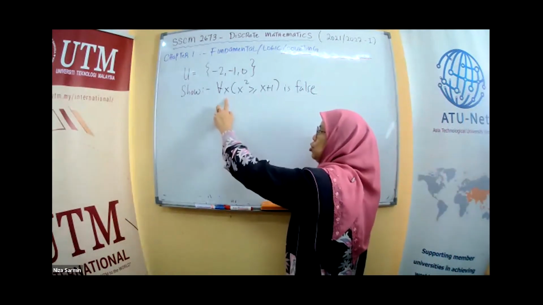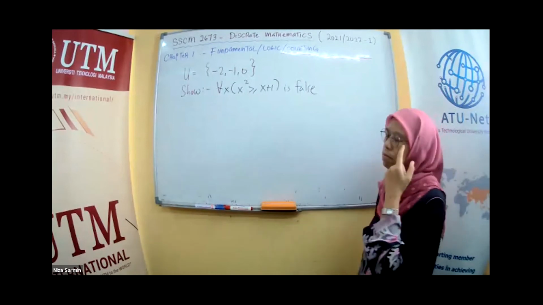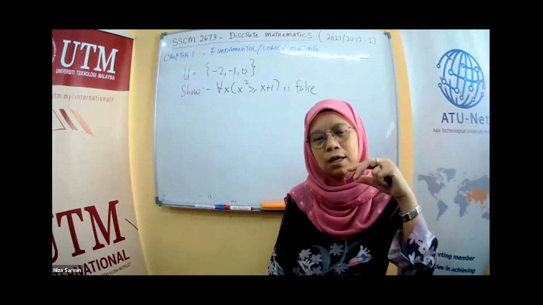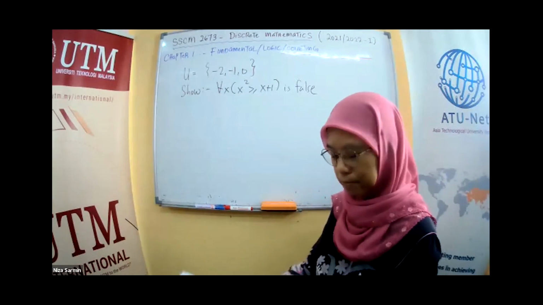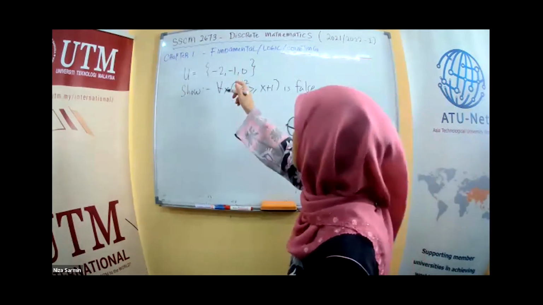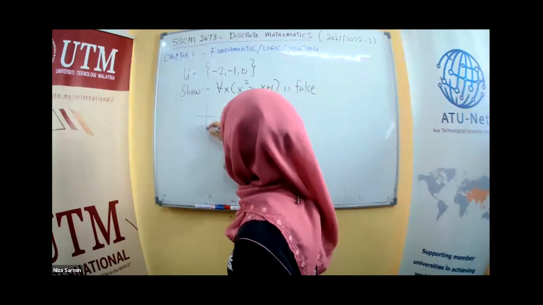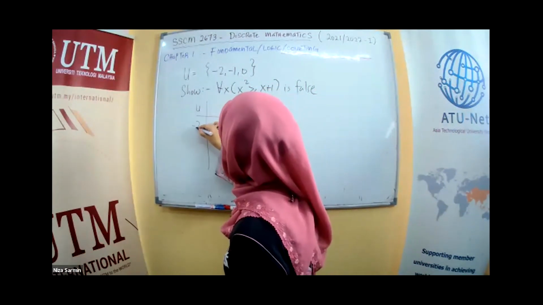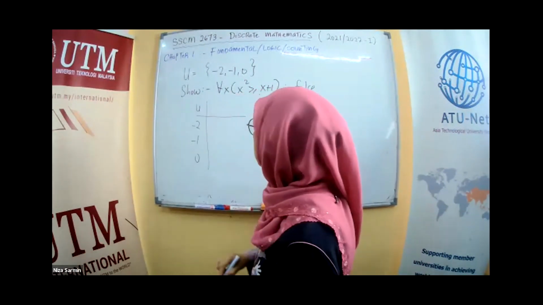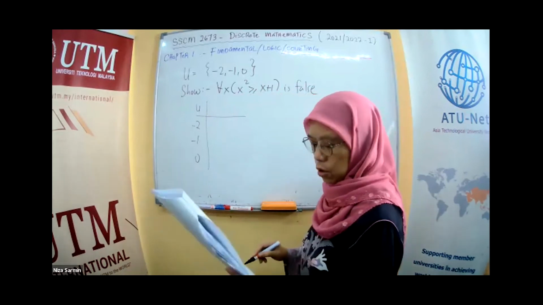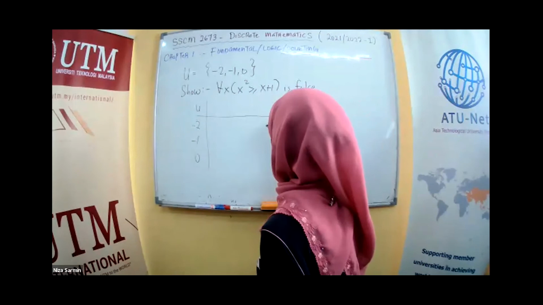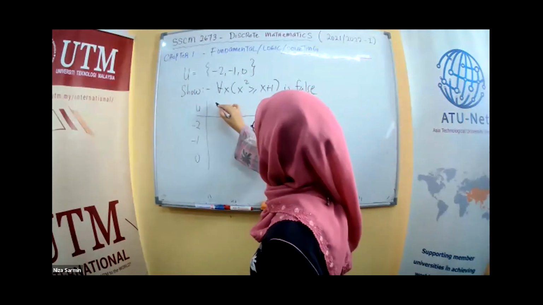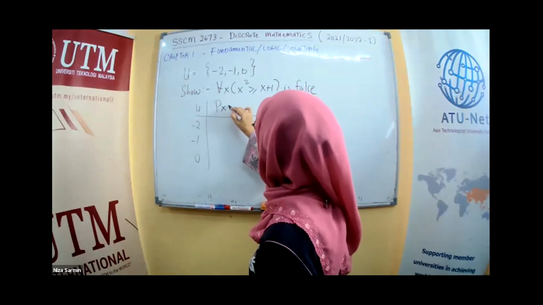And you have to show this is false, meaning somewhere in your answer there has to be an F, right? So your U is not that many: -2, -1, 0. Okay, and you can put this, you can put all like this, P(x),